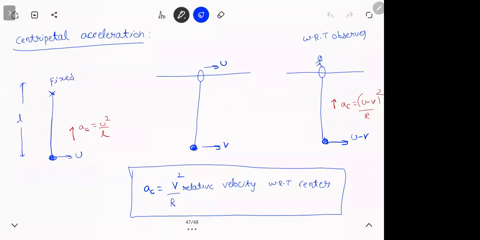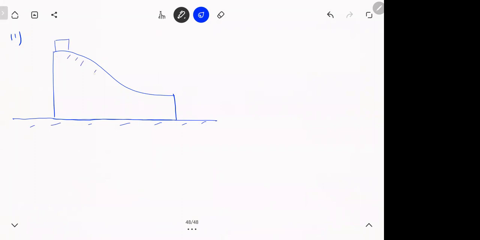Next one. So I hope everyone revised the notes, the work energy theorem and everything, conservation of energy. So let's see a problem. We have a setup like this. You have a 2 kg block here. This is smooth. This point is B and this point is A. This is 10 meters height and this is 5 meters height.